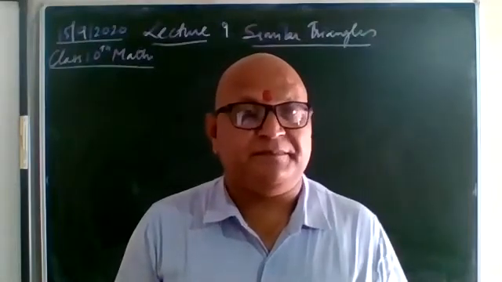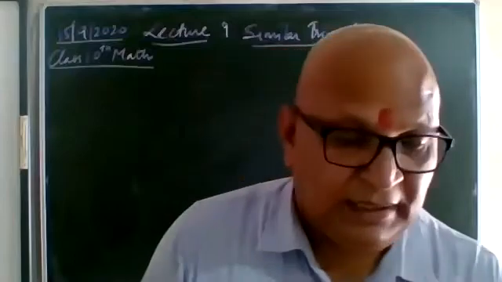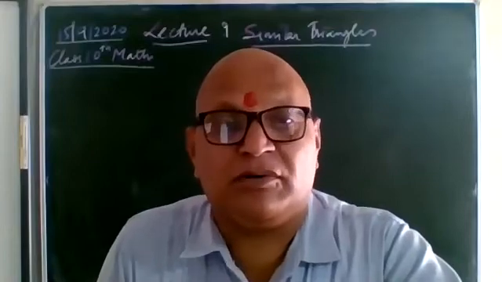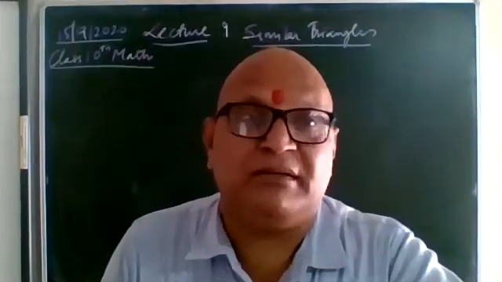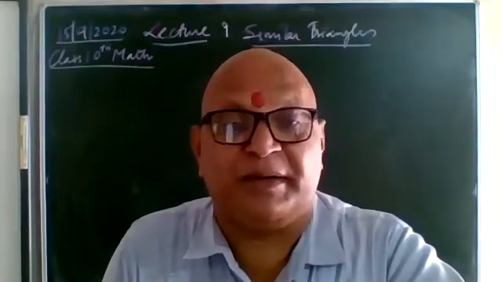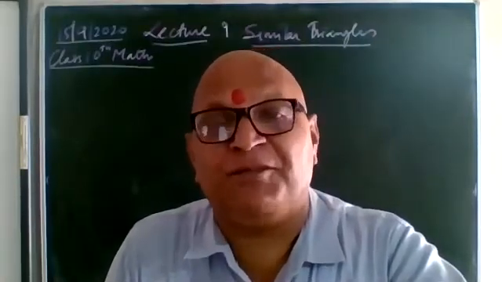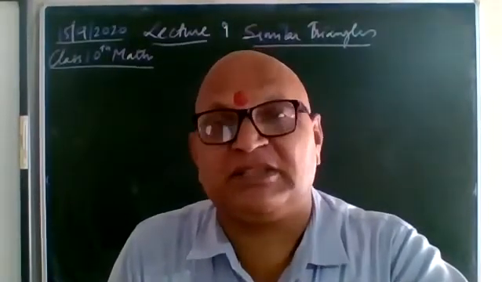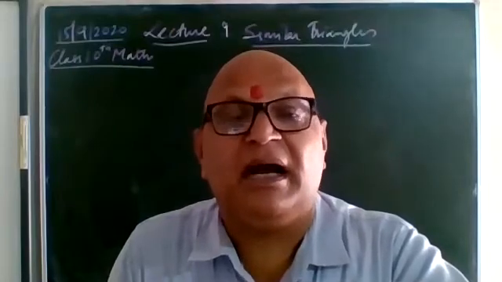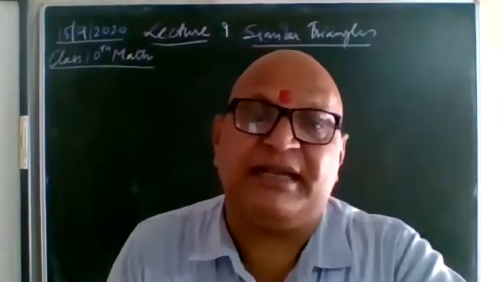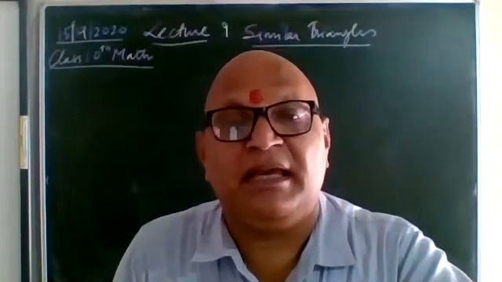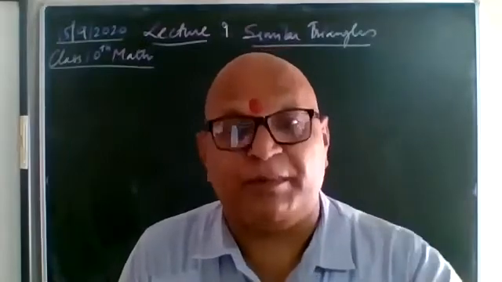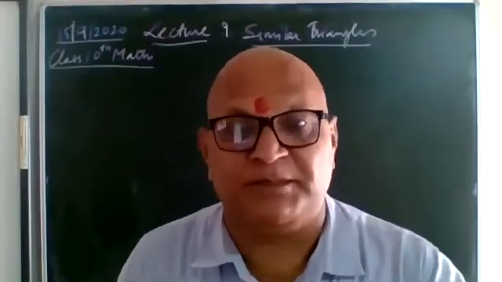But you have studied congruency conditions in 9th class. In congruency, if you have to prove triangles congruent, the congruency properties are there. What are the four properties? SAS congruency, second SSS congruency, third RHS congruency, and ASA congruency, or you can say AAS congruency. To prove congruent, we have four properties. All four properties you must be knowing.